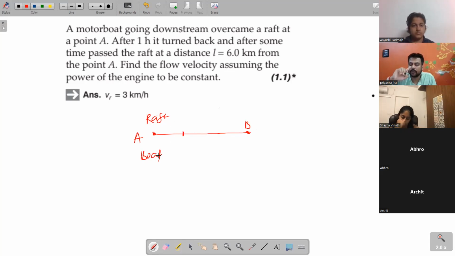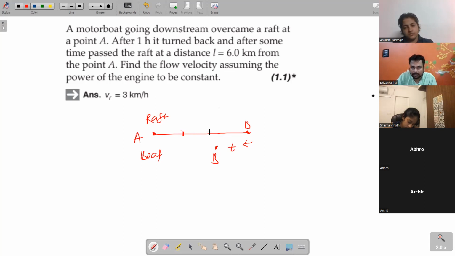तो उस 1 आवर में राफ्ट मान लो यहाँ आ गया। जो बोट 1 घंटे में आगे बढ़ के गया है, इन दैट 1 आवर राफ्ट विल ऑल्सो ट्रेवल 1 घंटे के लिए। तो उस 1 घंटे में राफ्ट यहाँ से यहाँ आया। यहाँ से मोटर बोट बैक हुआ, टर्न किया। कह रहा है कि t टाइम के लिए मोटर बोट चला, तो कुछ देर के बाद राफ्ट को मिलता है। जितना देर मोटर बोट पीछे चला, उतना देर राफ्ट भी तो आगे चलेगा।